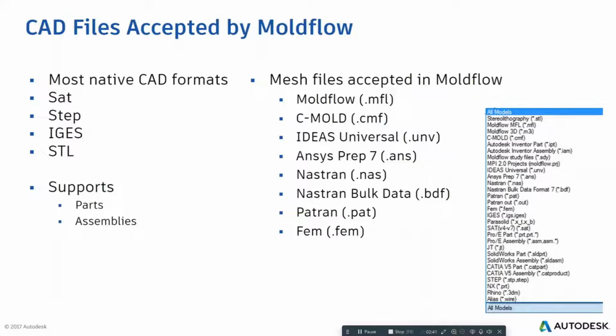Mesh types accepted by Moldflow. You have the .mfl, then CMOD, CMF, the I-DEAS Universal, that's .unv, ANSYS Prep7 .ans, Nastran .nas, Nastran bulk data .bdf, Patran .pat, and FEM, respectively. It also has a whole lot of models you can choose from. You see, you have the